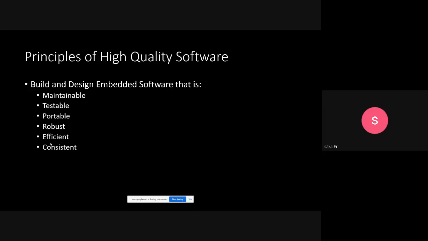I said that we want to write some code. Our code should be maintainable, testable, portable, robust, efficient, and consistent, for a specific application to be very useful for us.